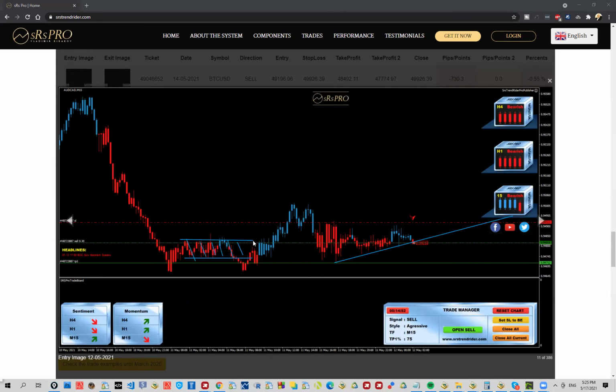So basically, this is the most important level on this part, and then we have pretty much the same zone, right, with some spikes above and below, but this is it. So a bit more aggressive would be right here. A bit more conservative for me would be this low, not this one, not this one, this one.